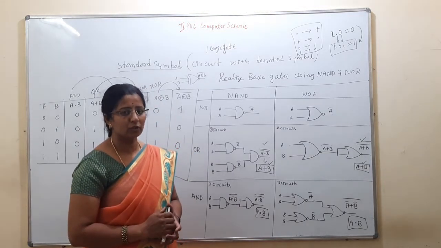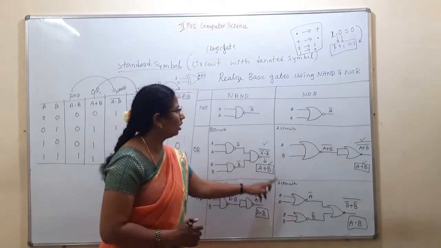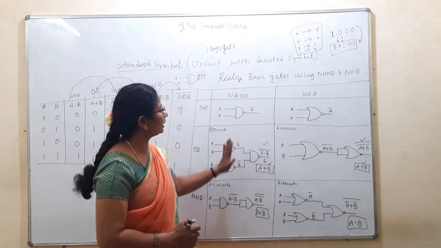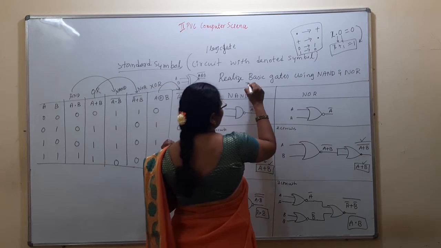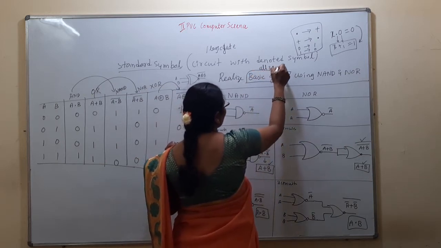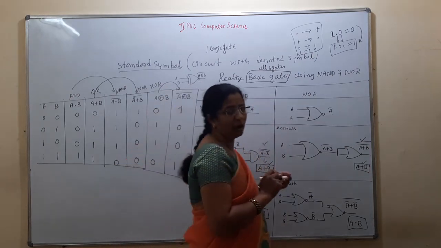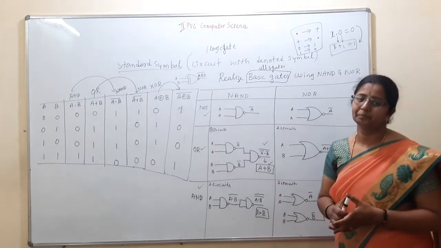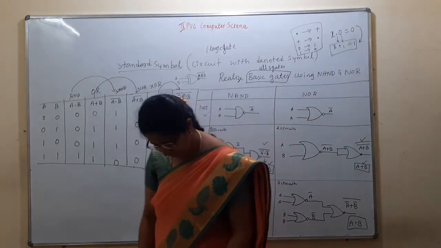Okay? Understood? So, you need to write all, not only these two, or not only any one of those. You completely need to write all 3 basic gates, all 3. The name basic gates means all 3 gates. What are those gates? AND, NOT, OR, in any format. This is the one. Okay? Understood? And the next question.